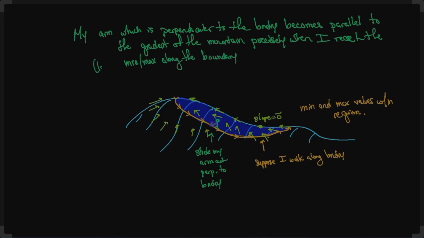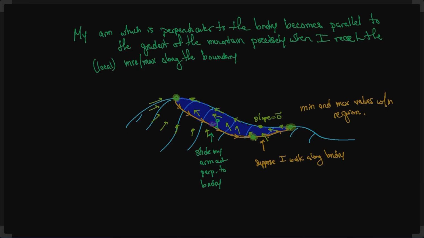Now this would be specifically local mins and maxes along the boundary, but there are only going to be some specific locations where that happens with my arm. In this case, where I'm running my arm perpendicular to the boundary, those locations are probably about right here, right here, and right here. So in the case I've provided, there are 1, 2, 3 locations, probably one on the backside as well,